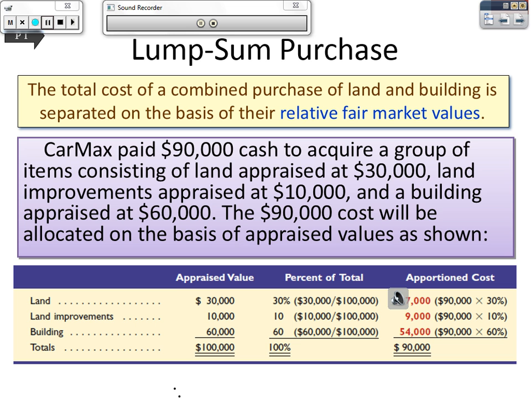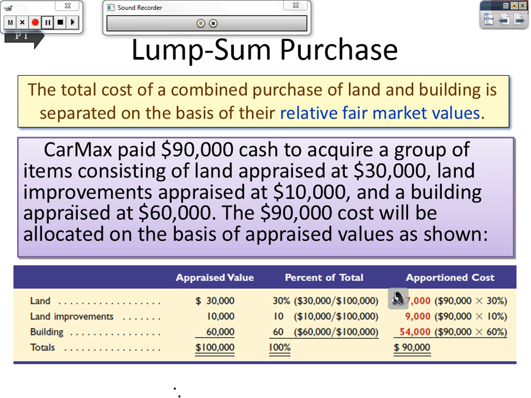So appraised value is not necessarily the actual cost, right? What is it? It says it up there in blue. Market value. Relative market value. So in other words, what would it be worth on the market? Just like how we do a car, right? A car loses value from the time that it drives off the lot. The same thing here. With these different things, they've all appraised